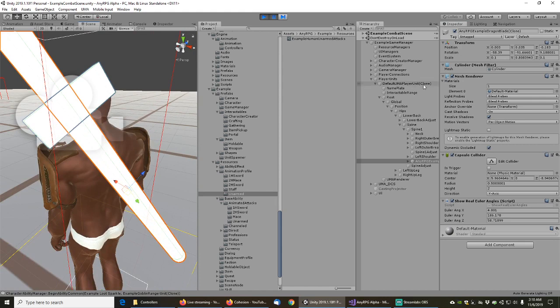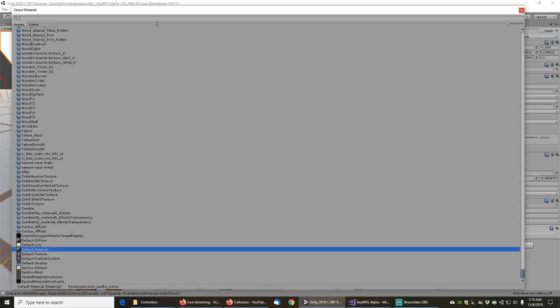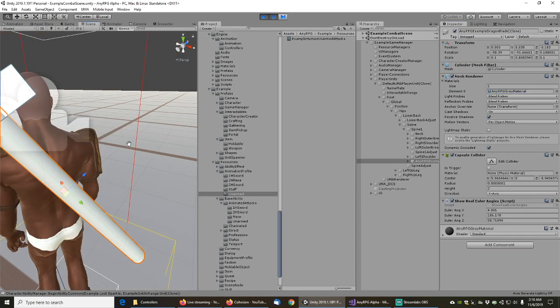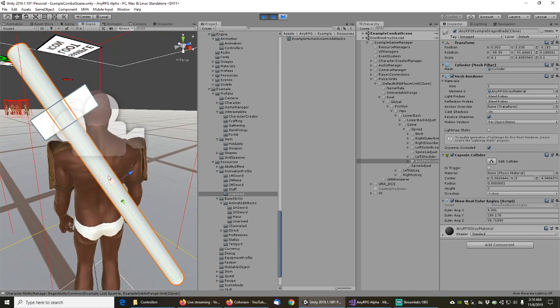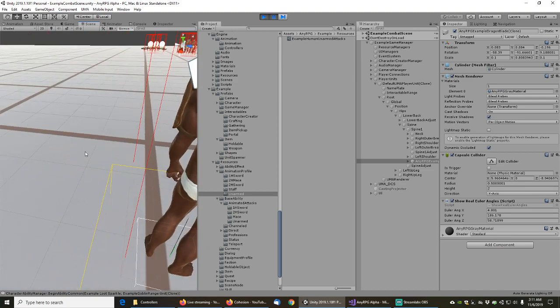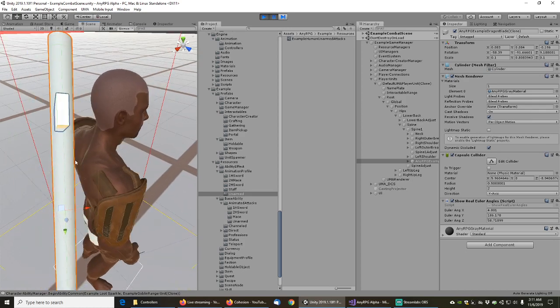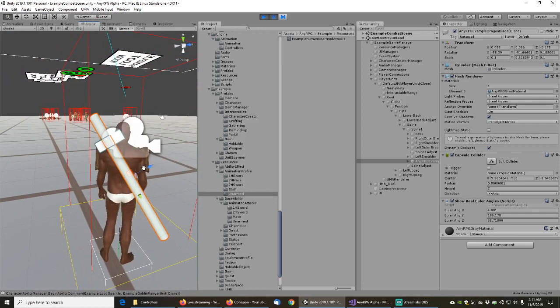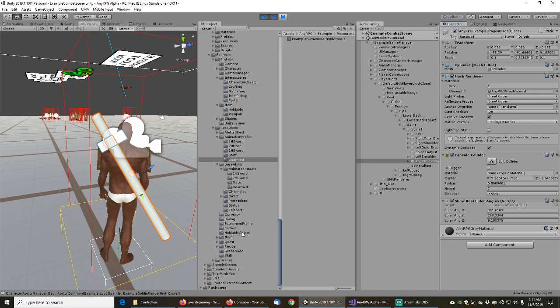Right, and you know what else I want to do? I want to change that to AnyRPG gray material. And maybe move it down a little bit more, like about there. Okay, that's not bad. I'm okay with that, I think. So we need to let it go a frame so that we can grab the real Euler values off of it. And then we will lock the inspector